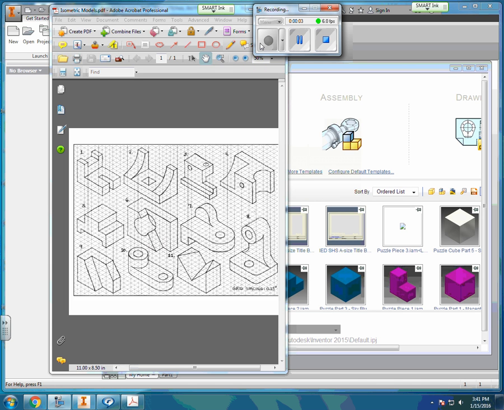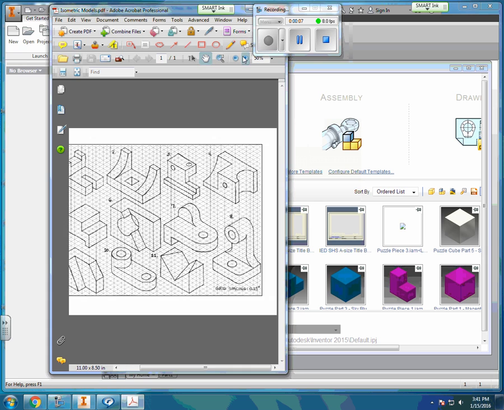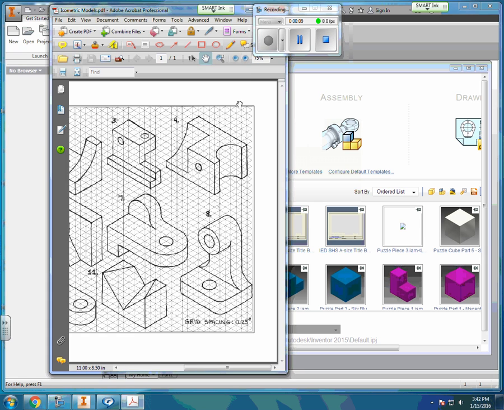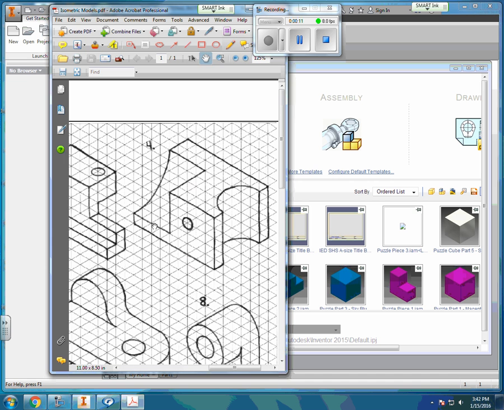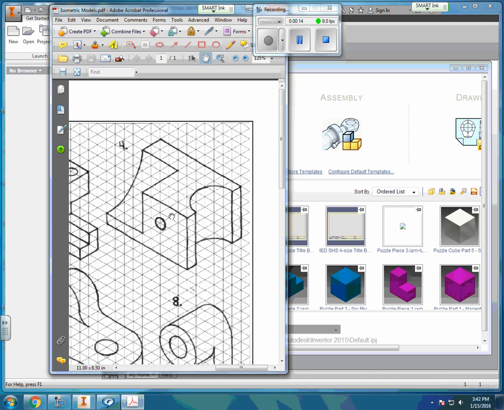This tutorial is going to show you how to create isometric model number 4. Isometric model number 4 is over here. I'm going to go ahead and show you what that shape looks like. And taking a look at it, I'm trying to brainstorm here how we can model this in